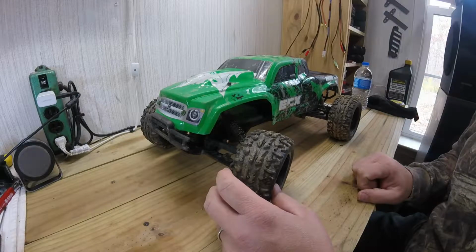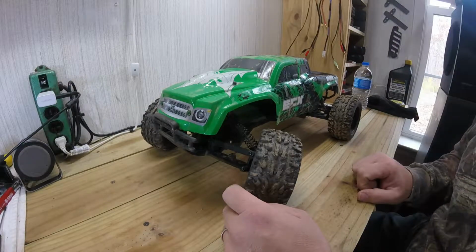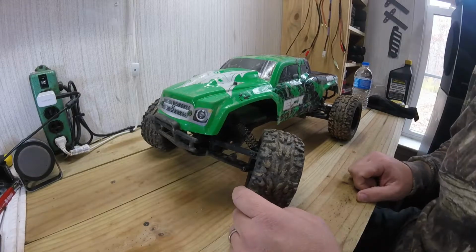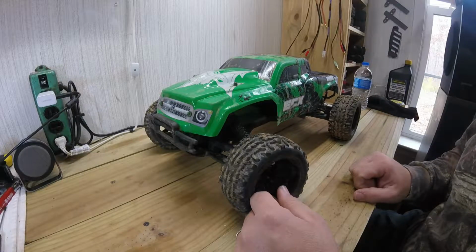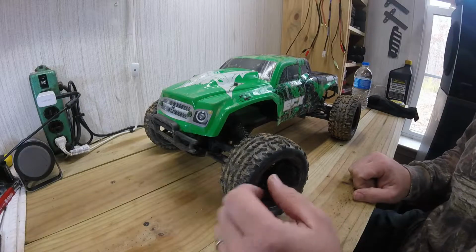Got an ECX Ruckus right here. This is not a normal ECX Ruckus. Of course it's nasty right now. This is my older boy's truck. It's wicked stupid fast, guys, but